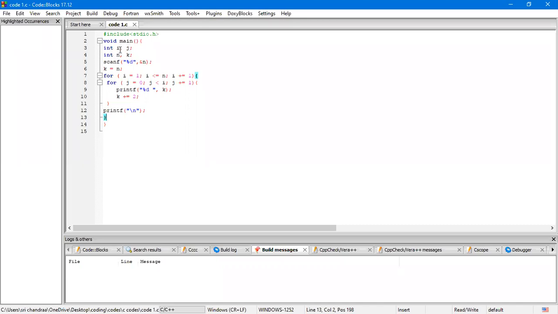Integer defines the complete set of whole numbers which range from minus 127 to plus 128. That means I can only take values of minus 127 to plus 128. For larger ranges you have to add things like long or short, depending upon the size of the integer. So when I declare this syntax, int i, j, you can store values from minus 127 to plus 128. It is the same for n and k.